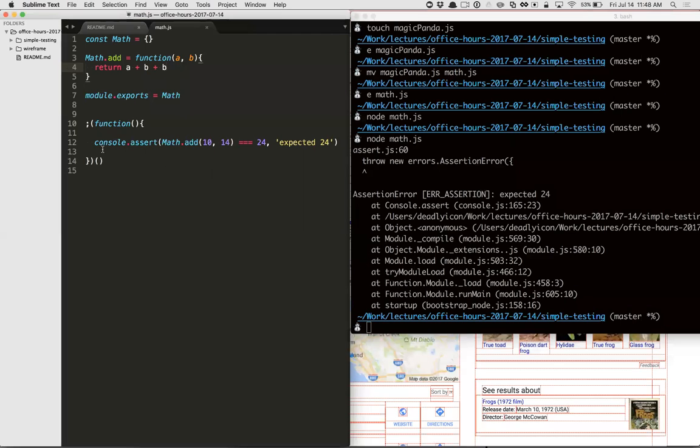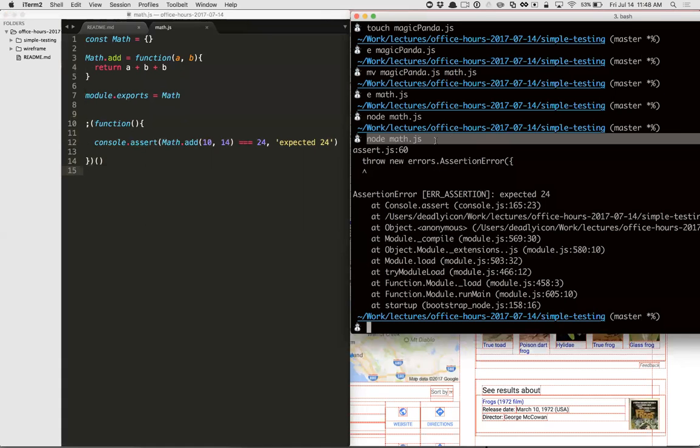So that's all that I meant, at the bottom of your file, write some tests for the thing that you wrote. There's one thing you want to make sure you do, right? Because we don't want to run these tests every time someone requires this. We just want to run it when we're testing it. So one trick, an old school trick, is that you run the tests if someone executes this file directly, but not if they require that file.